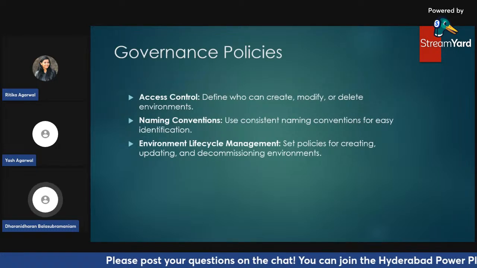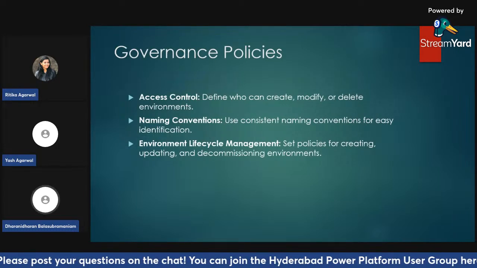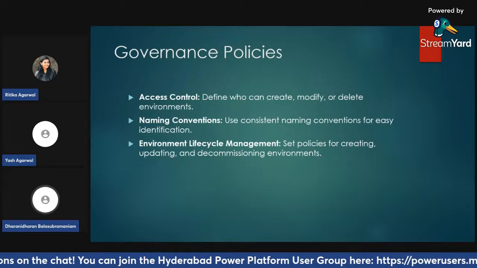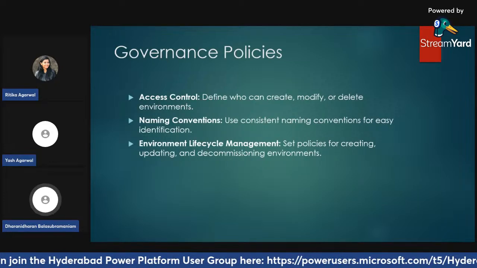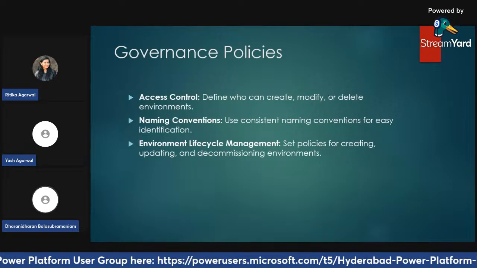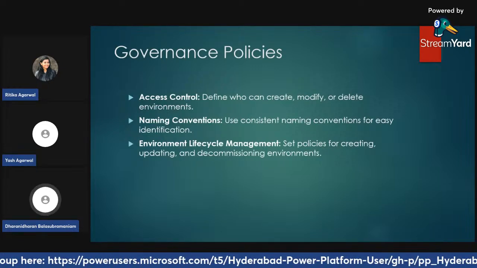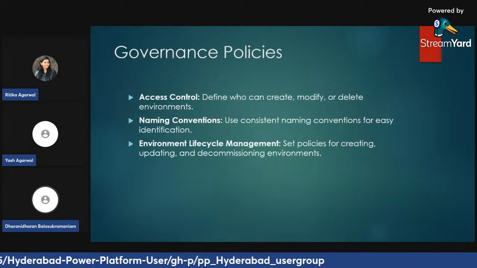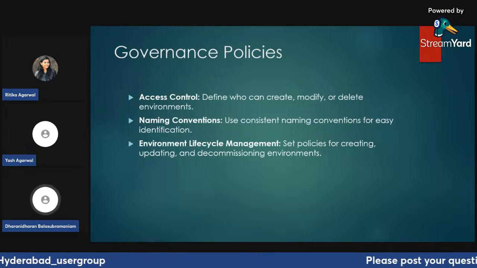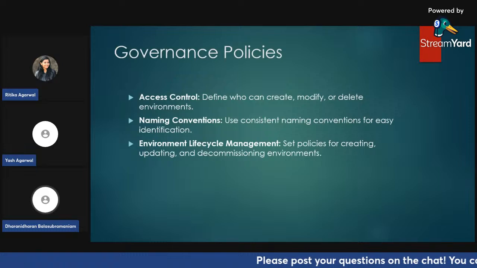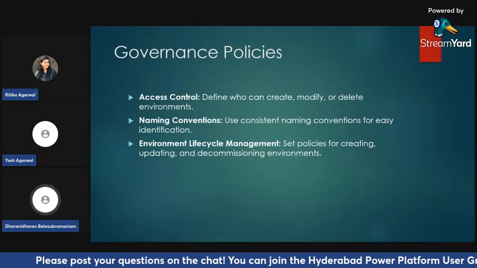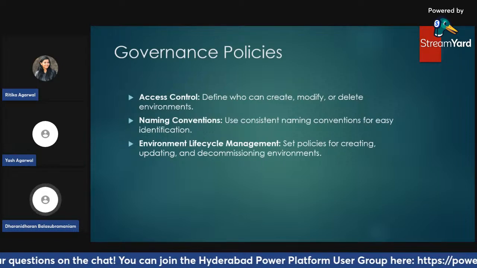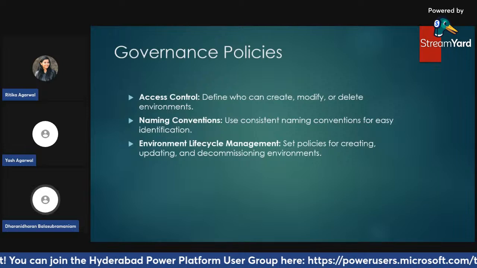Next is the naming convention. A consistent naming convention should be there. All the developers should follow proper naming conventions to make it easy to identify and manage who has created a particular component. And for environments as well, we need to follow the naming convention properly. If it is a development environment, it should be tagged with dev. If it is SIT, it should be tagged that way. If you have the naming convention properly, then it is easy to identify, and also helpful for us to manage the different environments, especially in very complex setups.